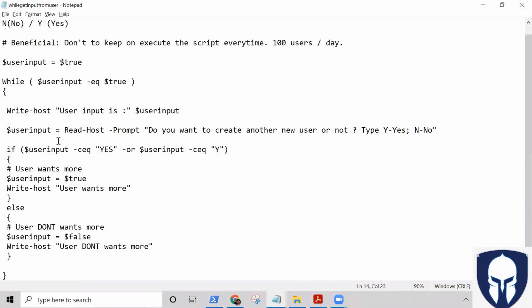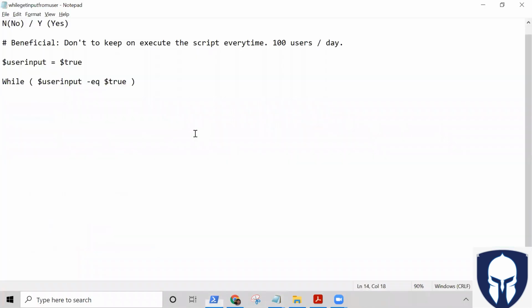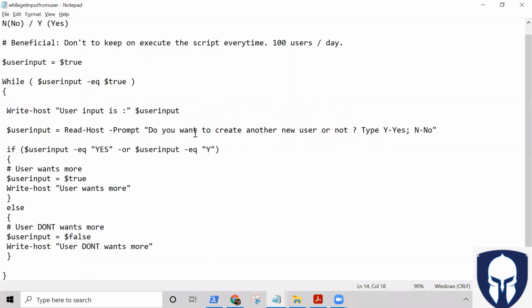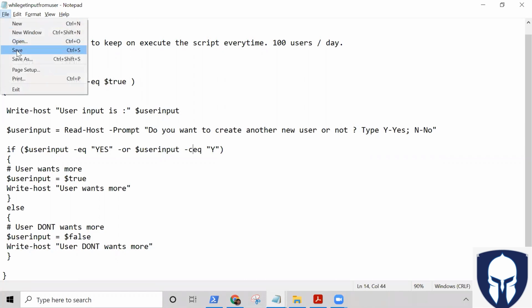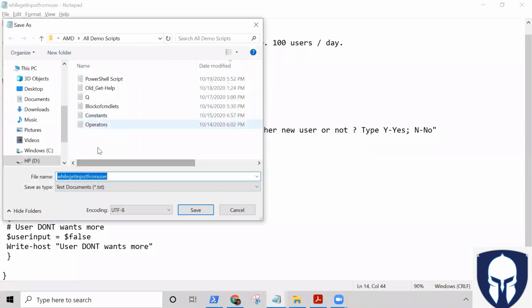Now what is happening? If the user types Y or this one, it will work. But this is just to show you how to make it case sensitive, and then I'm removing it, since that is not required actually. Or let's say I'll make one case sensitive and another not case sensitive, so that I can share this and you can use it. Okay, that is about the while loop, and that is how we'll be using it. Now let's save this and have